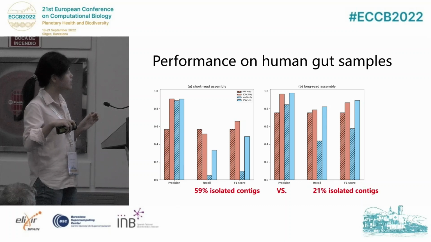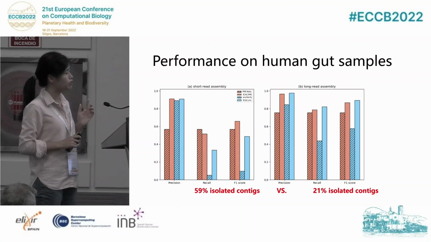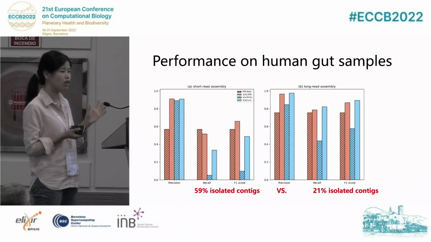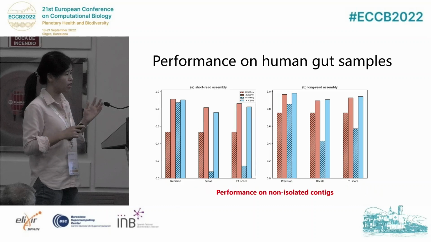We did further analysis, and we found the reason is that around 60% of contigs are isolated contigs in short read assembly, while this percentage is only 20% in long read assembly. And if you remember, when we used the assembly graph to improve the recall, it only works for non-isolated contigs. For the contigs that are isolated with no neighbor in the assembly graph, the second phase of 3CAC cannot improve them. So to test the ability of 3CAC, we further look at the performance on non-isolated contigs, and now we